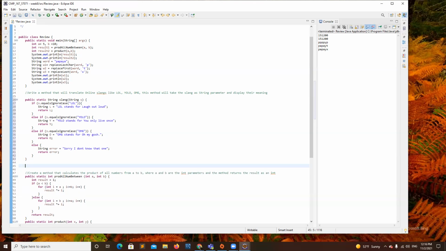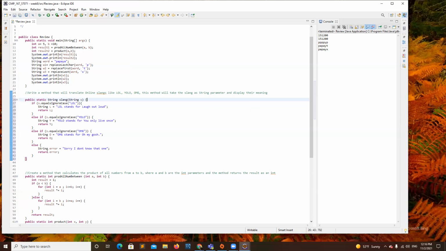You can always minimize this by having one variable declared outside and having one return outside of the if statement. So you can simplify this a little bit, but yes, it still works.